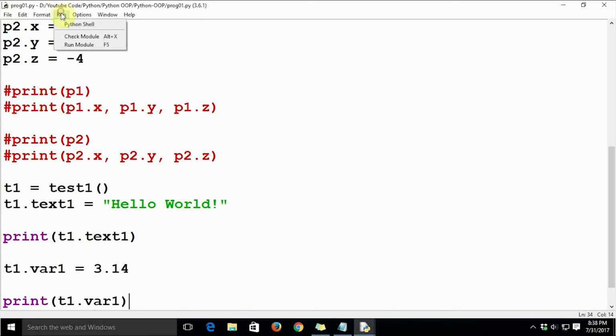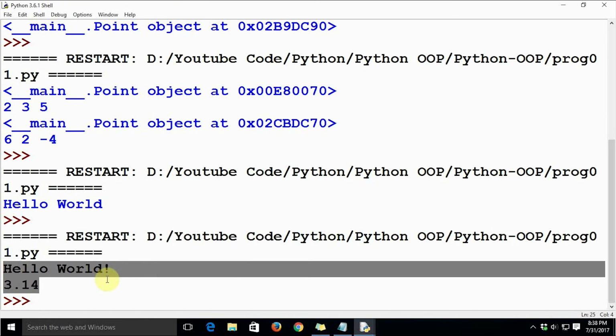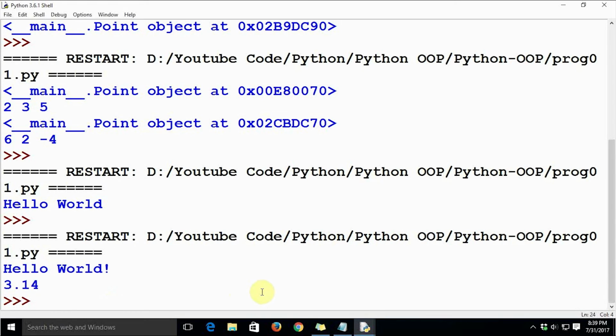Let's execute this code, and here we go. We have printed hello world and 3.14. This is how we can have various types of member variables in any class, and we can use them.